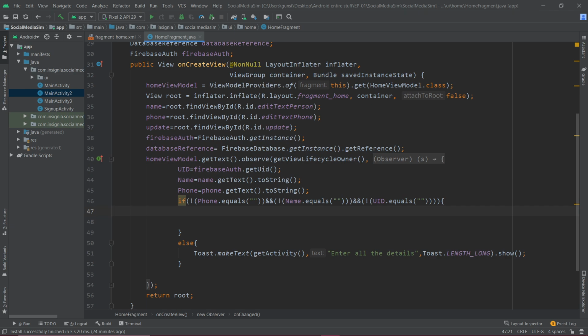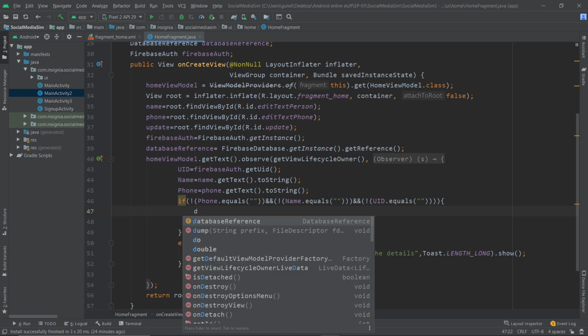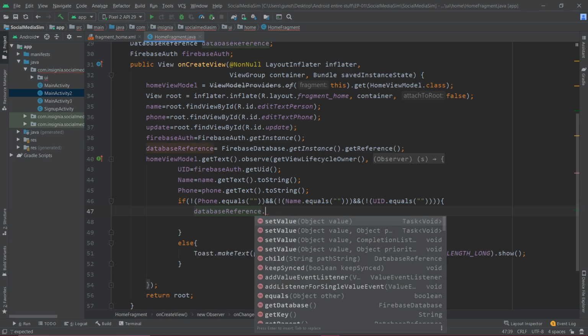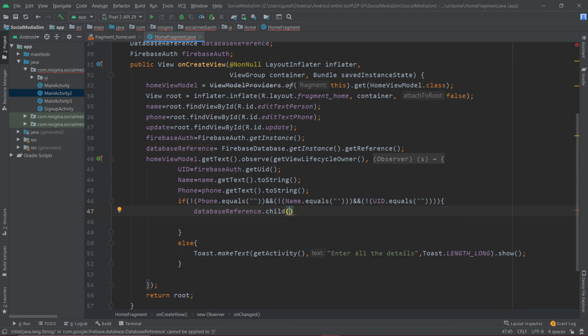In order to get the data, first we'll talk about putting the data up there. In order to put the data, you would have to use something like databaseReference.child(). How Firebase database works is, if there exists a child of that name, it will basically override the same name. If there exists no child of that sort, it will create a new child.